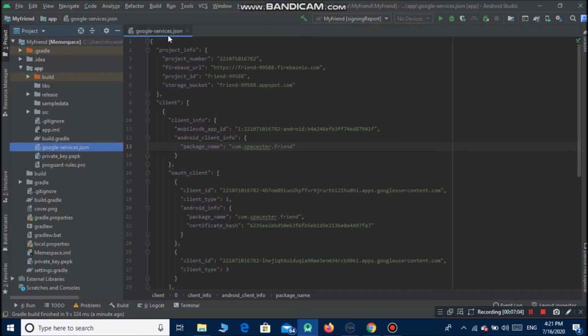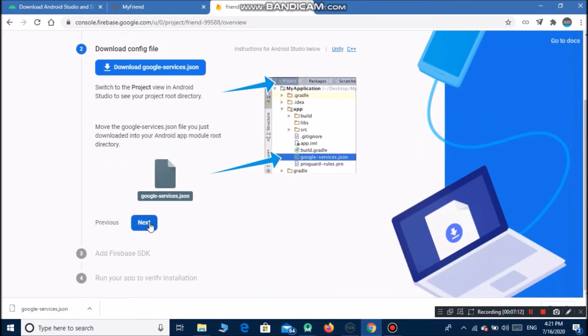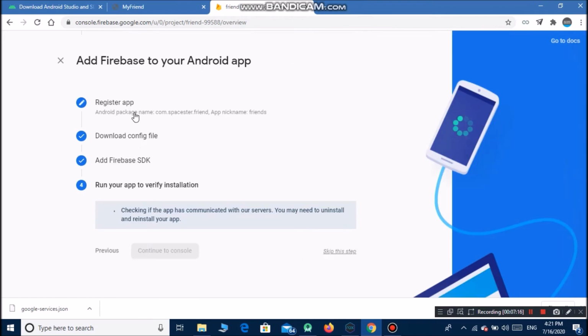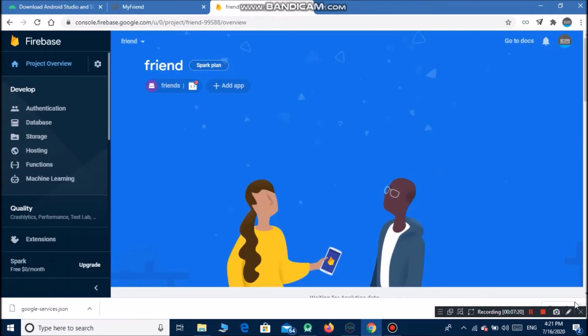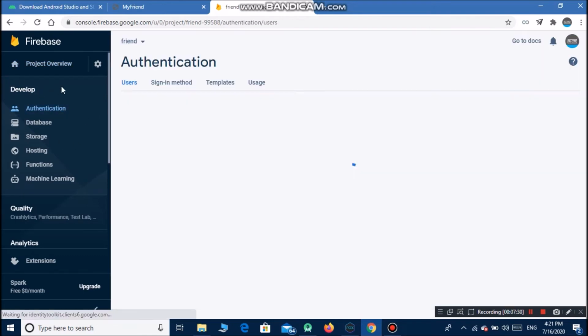So your Google services JSON has been done. Paste it successfully. Then you have to click on next, then click on next again, and you can skip this step if you want. You should skip this, and then once all is done, you have to go to the authentication. You have to click on this authentication dialog, and you have to go to the sign-in method,